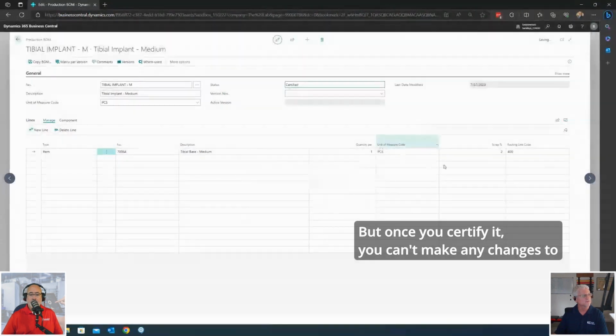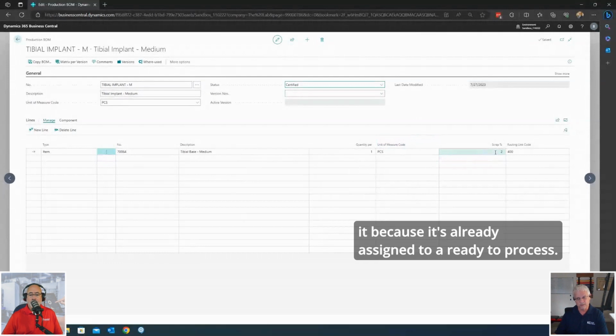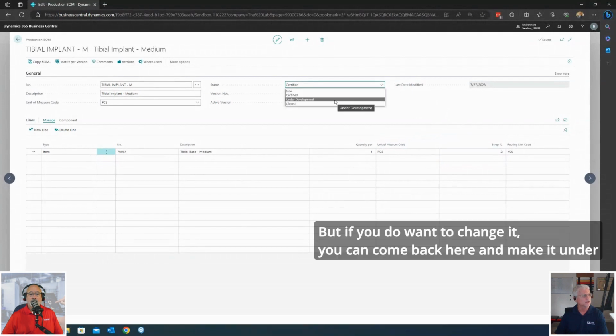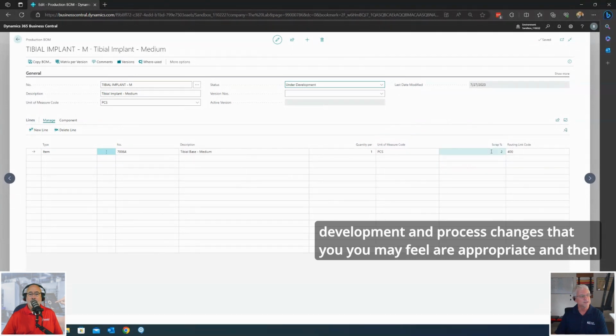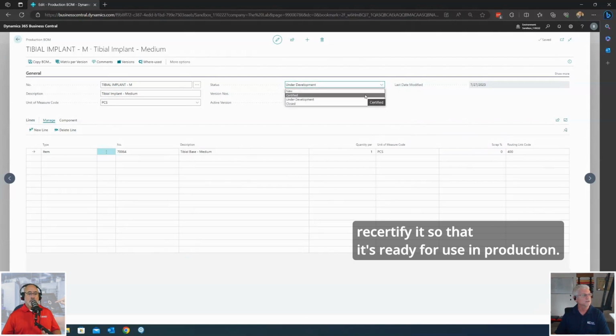But once you certify it, you can't make any changes to it because it's already assigned to or ready to process. But if you do want to change it, you can come back here and make it under development and process changes that you feel are appropriate,